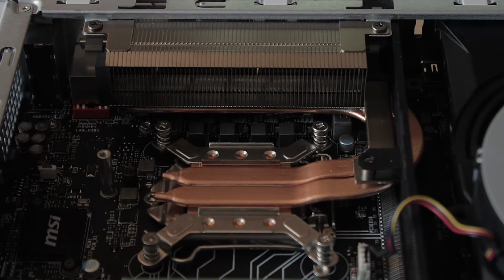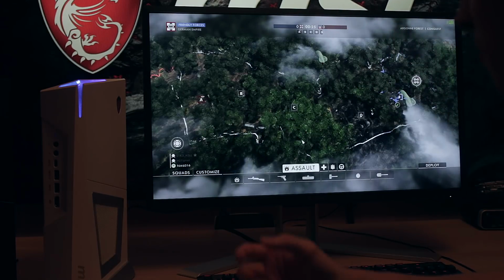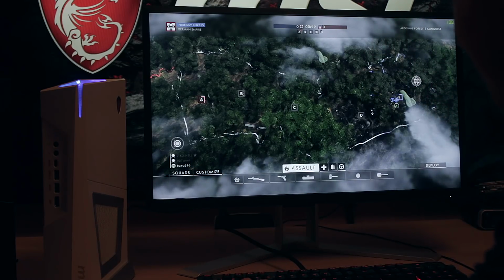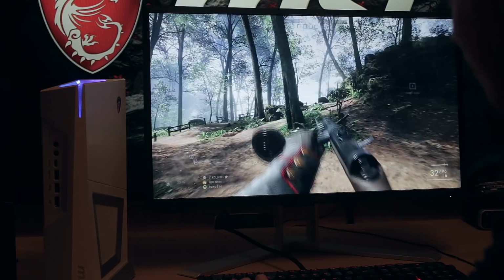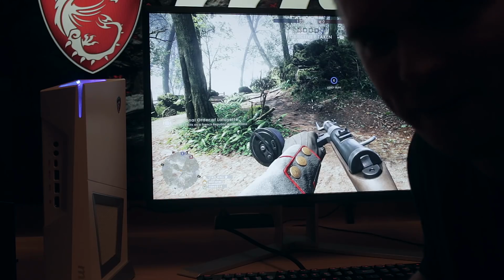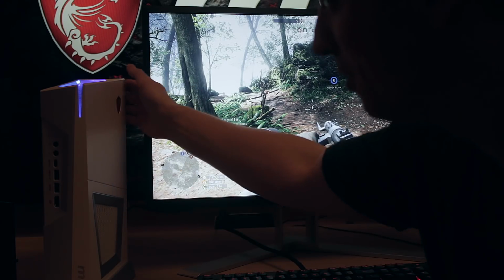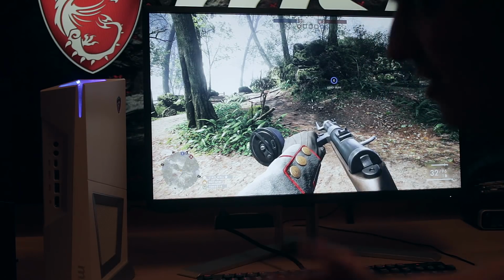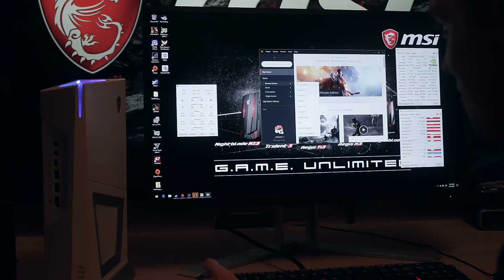I kid you not! Alright, so I was playing like half an hour here, and yeah, it's pretty quiet as you can hear. There's hardly any noise coming from the Trident 3, and yeah, the temps might be a little bit high, but it's so quiet. So if the temps are in the okay range, then I guess it's pretty fine. And I've been recording the temperatures and